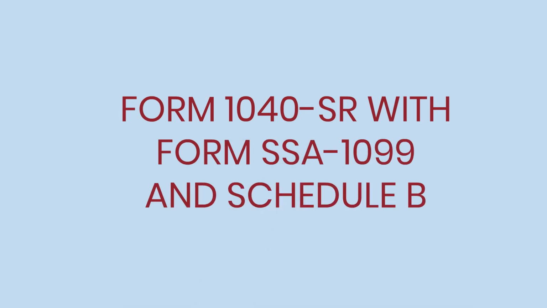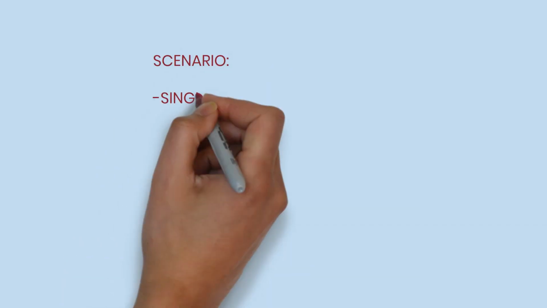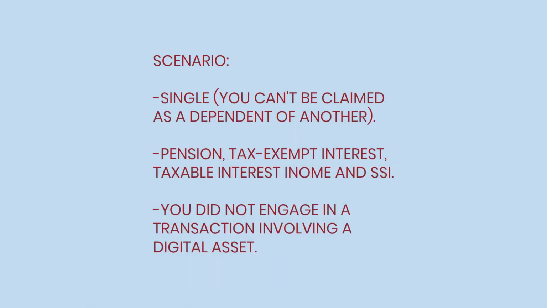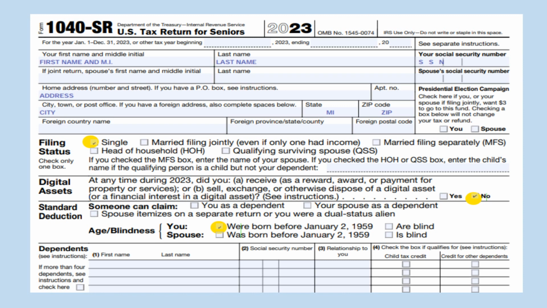Form SSA 1099 income and have enough interest income that you need to file a Schedule B. The scenario for this video is that you are single, you have pension income, tax-exempt interest income, taxable interest income, and Social Security income. To use Form 1040 SR, you must be born before January 2, 1959, and there is no tax benefit to use in this form, and use the same instructions that you would if you filed Form